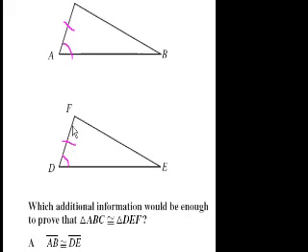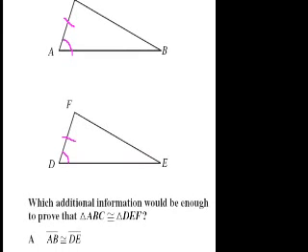So they just gave us one side and one angle. If they gave us another side, if they said that DE is congruent to AB, that'd be pretty cool. If they gave us this angle, if they said angle F is congruent to angle C, that'd be good. Let's see what they give us. AB is congruent to DE. Yeah, sure. If AB is congruent to DE, then we definitely have